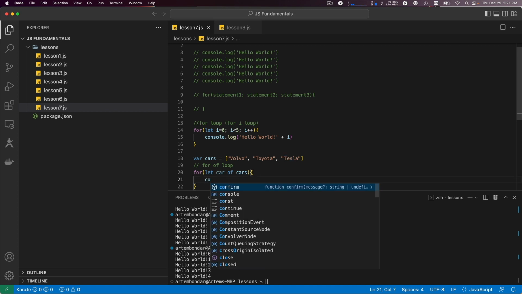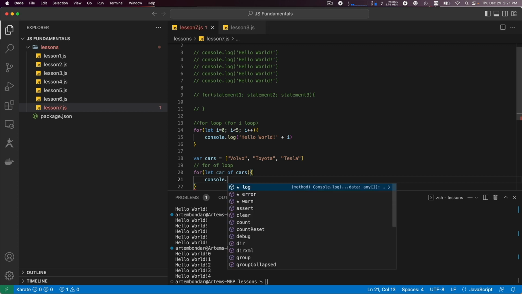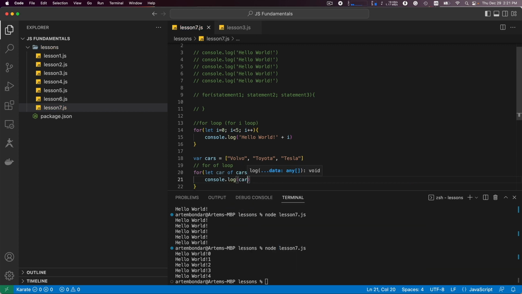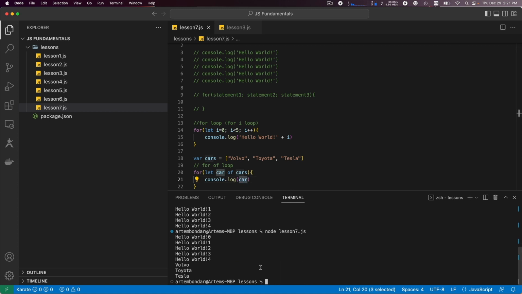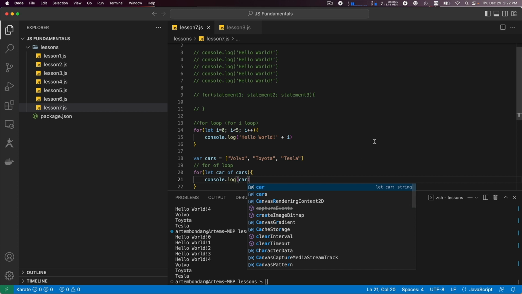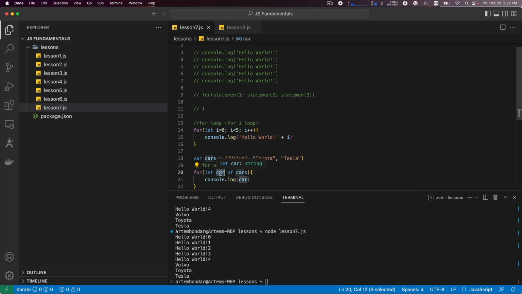So I print console.log, and I simply print out to the console our variable. And if I run this code right now, we see that 3 values were printed: Volvo, Toyota, and Tesla. And as I mentioned before, you can give any name. Let's say we can call it just c, for c of cars. And if we run this, it's going to work absolutely the same way. So it's just our iterator, and for our convenience, we can give it any name. I name it car because this variable will hold the value of the car in the array